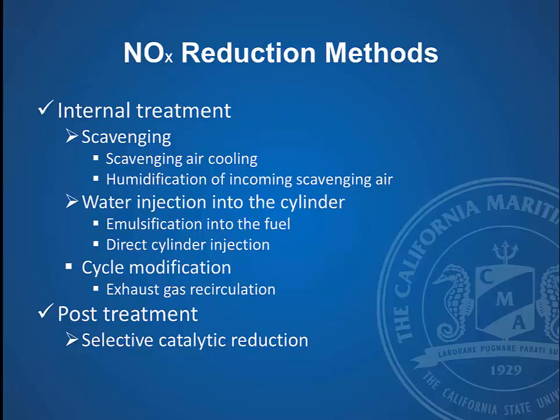Cooling that scavenging air charge down, but prior to it going into the engine. And that would reduce the temperatures after the compression cycle. So typically on that, one of the major ones is this humidification of the incoming scavenging air. And that will cool both ways. It actually